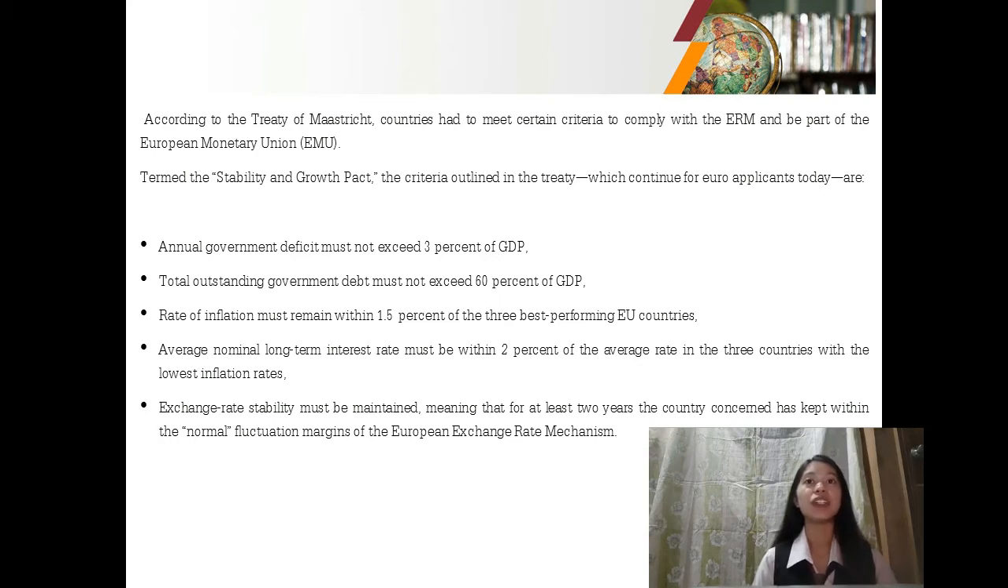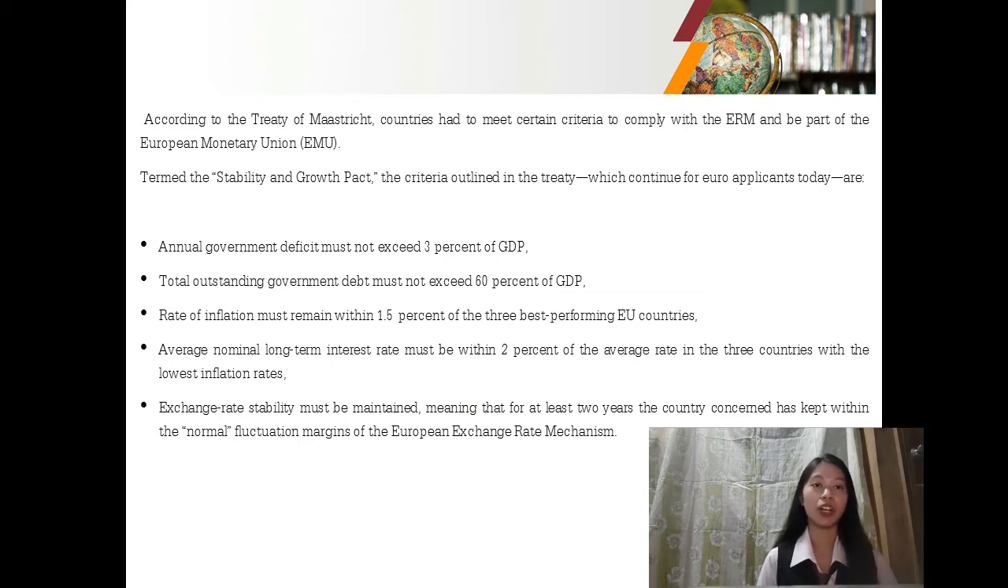Termed the Stability and Growth Pact, the criteria outlined in the treaty, which continue for euro applicants today, are: annual government deficit must not exceed 3% of GDP. Total outstanding government debt must not exceed 60% of GDP. Which means in order to adopt the euro, the EU countries have to bring their legislation in line with relevant EU law and meet a specific condition designed